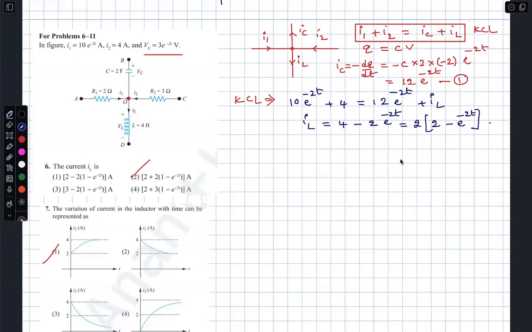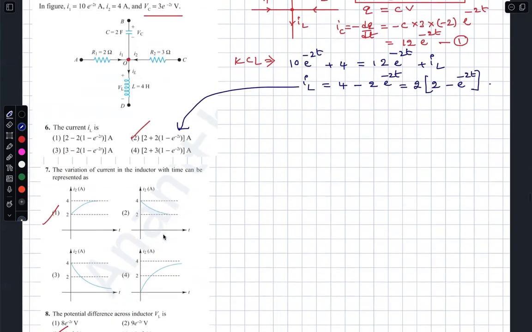What is the current IL? 10, 4 minus 2 into, that's what I got. Is option 2 the same? Yes or no? Option 2 is the same. 2 plus 2, 4. 4 minus 2 times e power minus 2t. It's the same. Aditya, am I right or not? Yes, sir. So it matches. Everything is